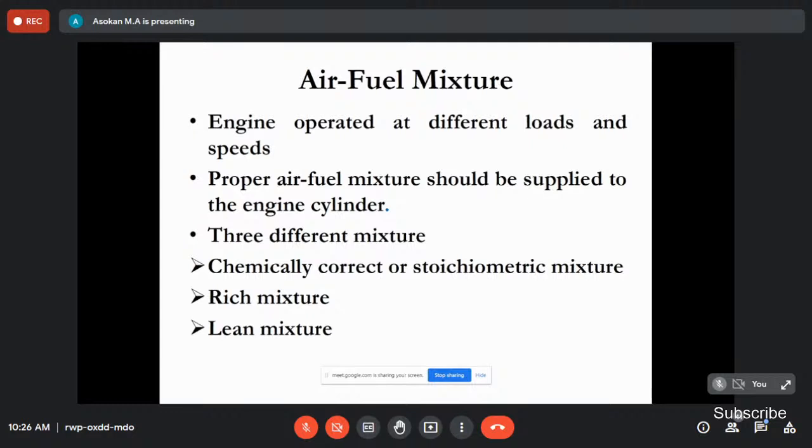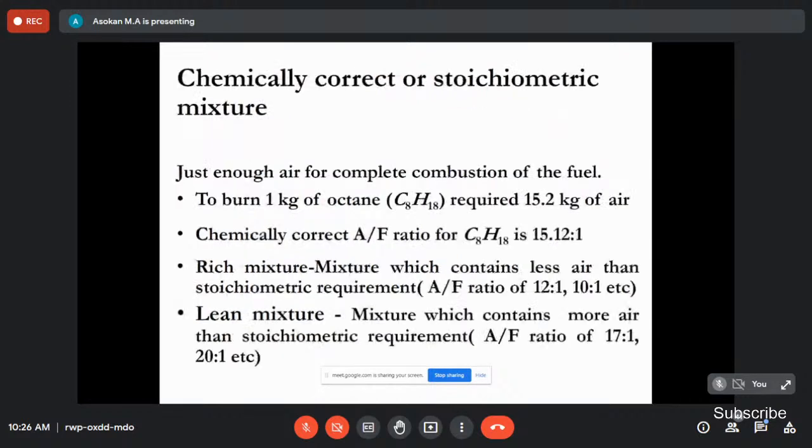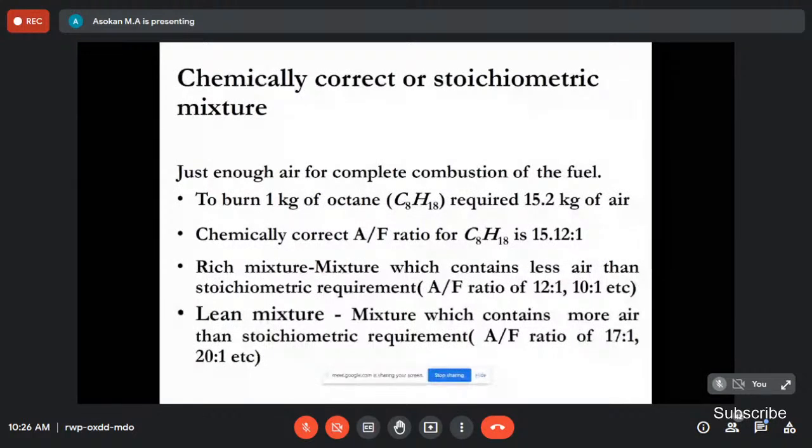There are three different mixtures: the chemically correct mixture, a rich mixture, and the lean mixture. What is the chemically correct or stoichiometric mixture? Just enough air to completely burn the fuel, that is the chemically correct mixture. So how much air is required to burn 1 kg of octane? It is 15.2 kg of air. That's why the stoichiometric air fuel ratio is 15.2:1. That means 15.2 kg of air is required to burn 1 kg